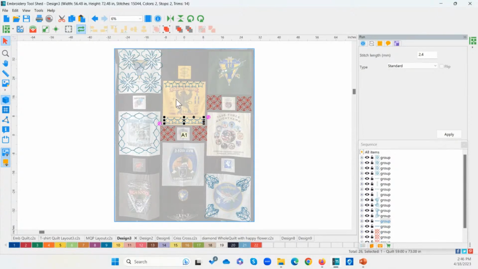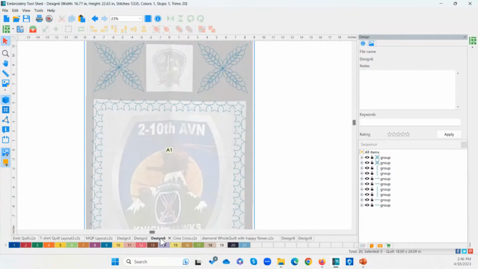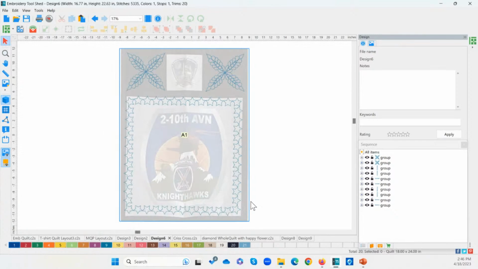Now, if you want every single t-shirt to be the same, you could also just plan on one piece of the t-shirt. So let me flip over here and show you that. So here I've imported an image of just one of the shirts. And if I planned on just that one shirt, but I wanted every one of them to be the same, I could just plan on this one and export my design.